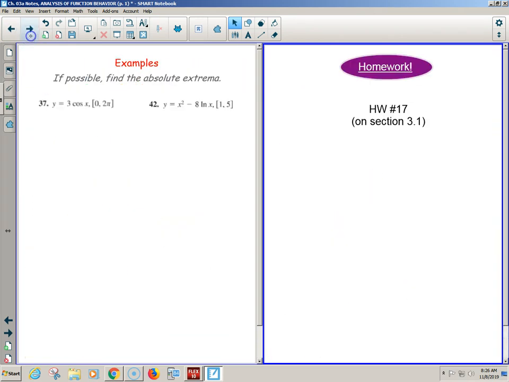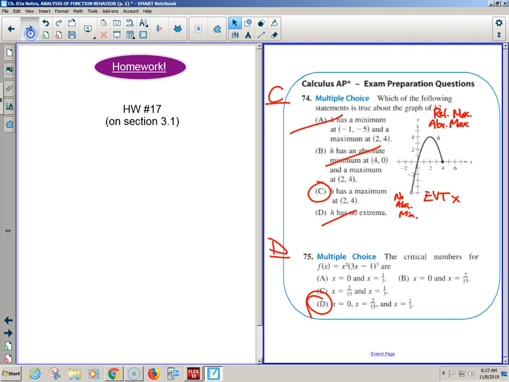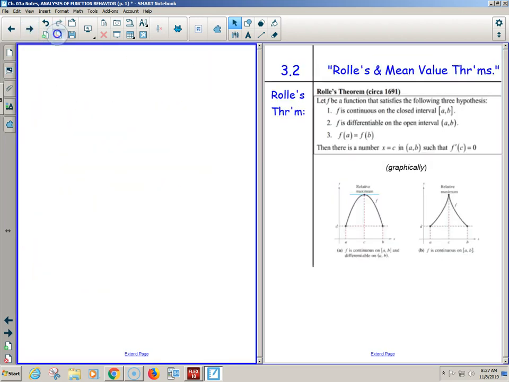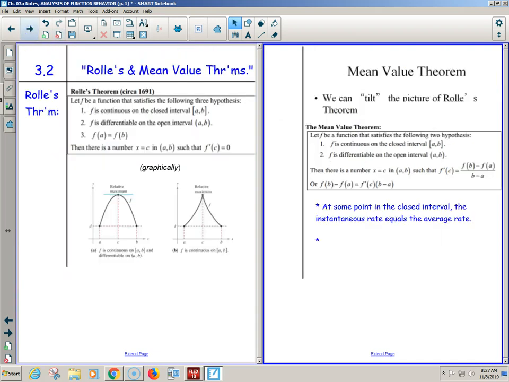Ooh, there's a party coming. Okay. I did have some other absolute extrema examples with cosine, trig, ln, but can we just go grade your homework real fast and see how you did before we get to Rolle's and MVT? Have we not done MVT yet? I totally referred to MVT yesterday and you guys should have been like, what? Anyway, that's okay. We're coming to Rolle's and MVT, but let's grade our homework.